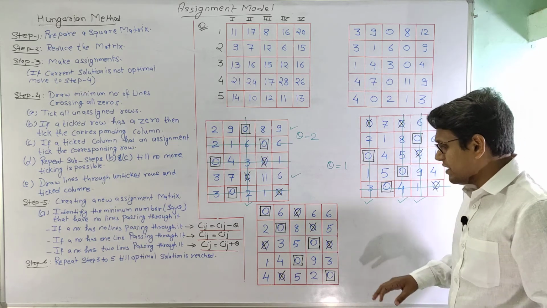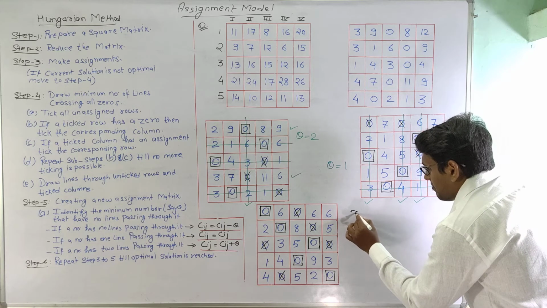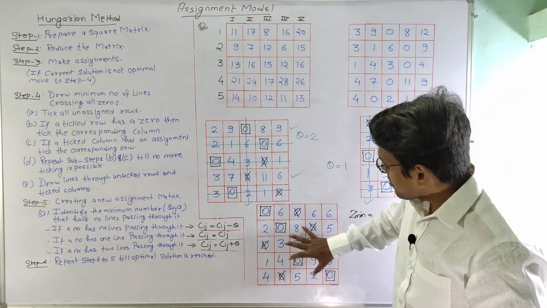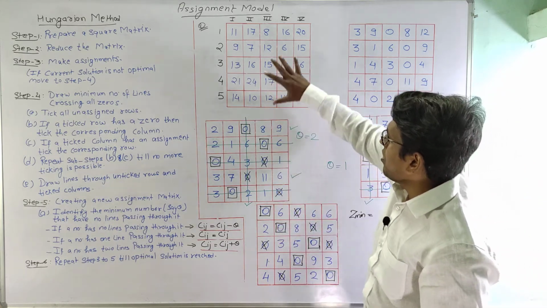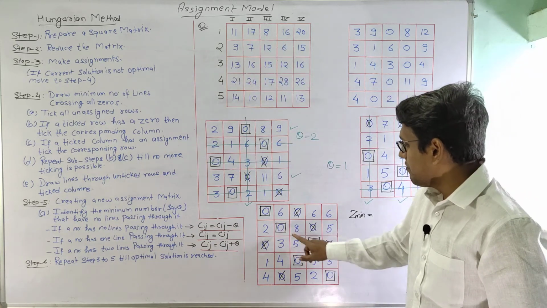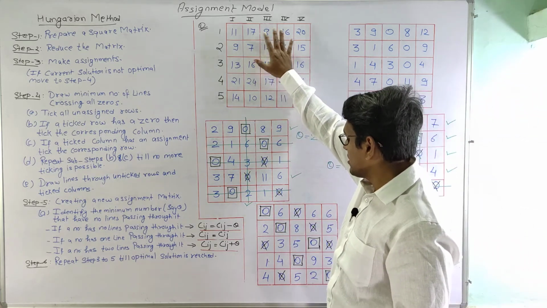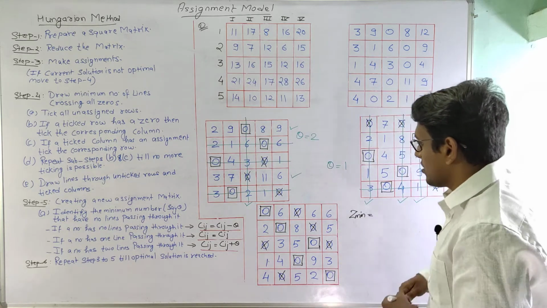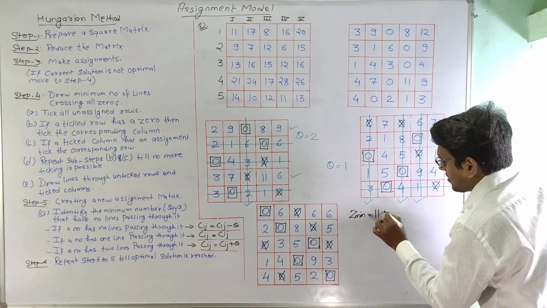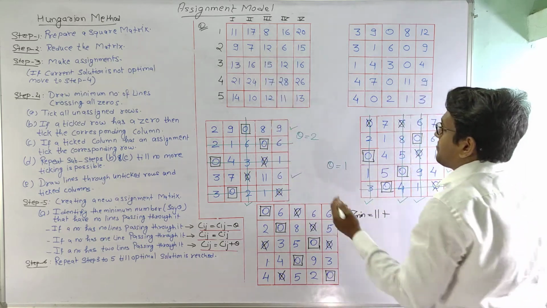Now we need to find the value of Z minimum here. To obtain the value of Z minimum, we need to see that this optimal solution is also optimal for the initial matrix. So we will see where we have assignments in these cells, and we will add up the values of this particular matrix. For 1 1, the value here is 11, plus this is 2 2, the value here is 7, plus 7,